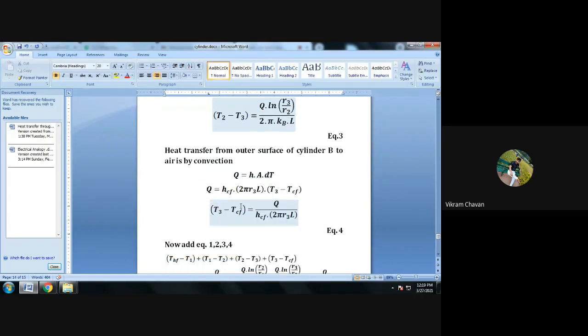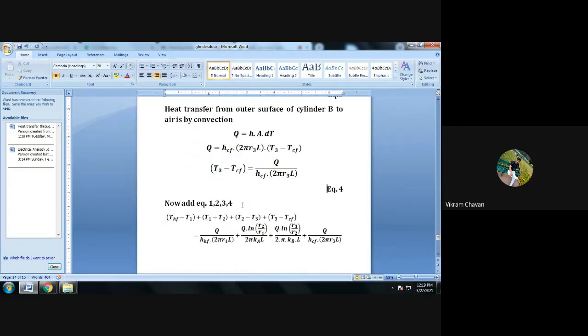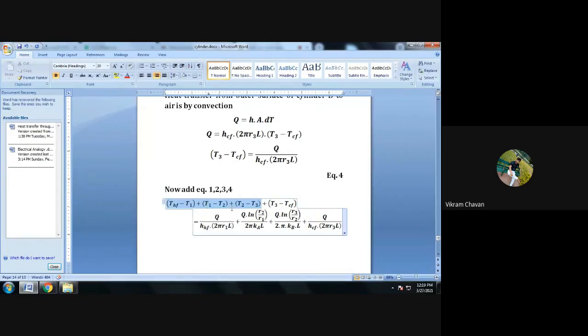Now we have to add all these 4 equations. The addition should be in such a manner that the left hand side is added on the left hand side and the right hand side is added on the right hand side. So temperature differences we have added on one side: T suffix HF minus T1 plus T1 minus T2 plus T2 minus T3 plus T3 minus T suffix Cf. And the right hand side will be added on the right hand side, equal to